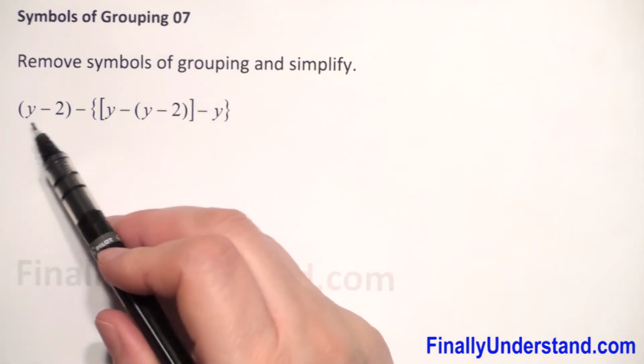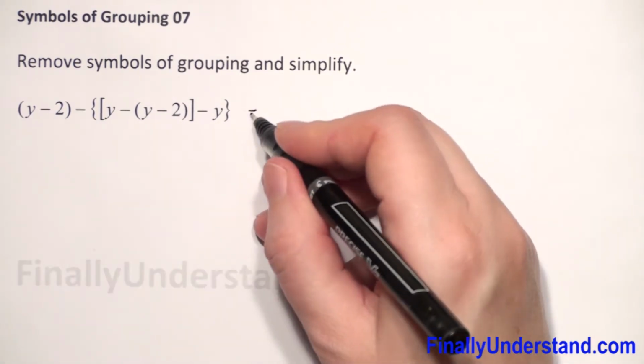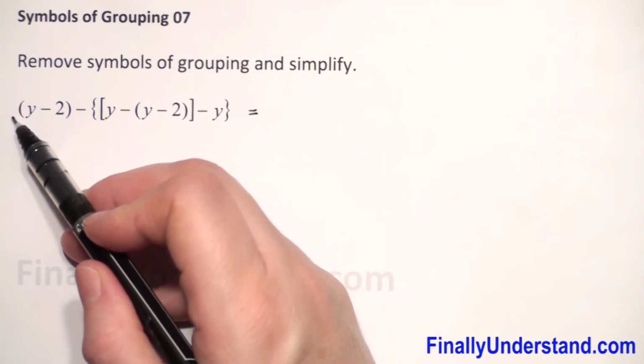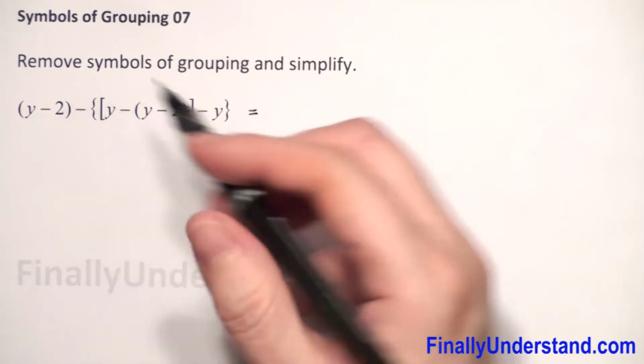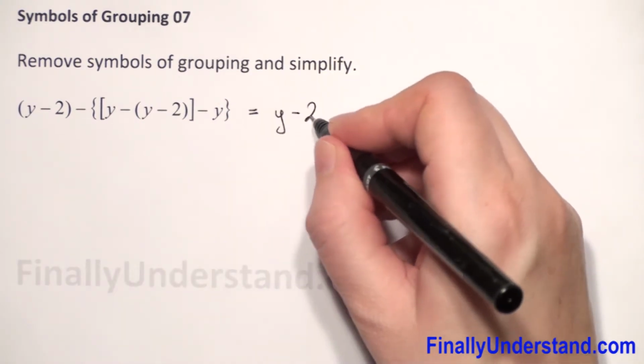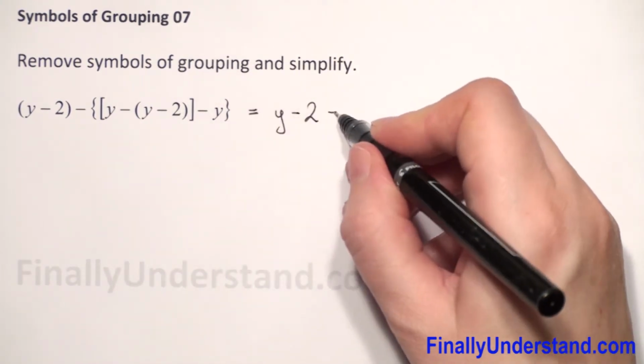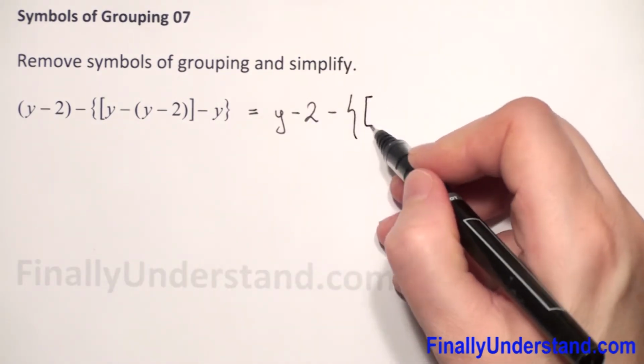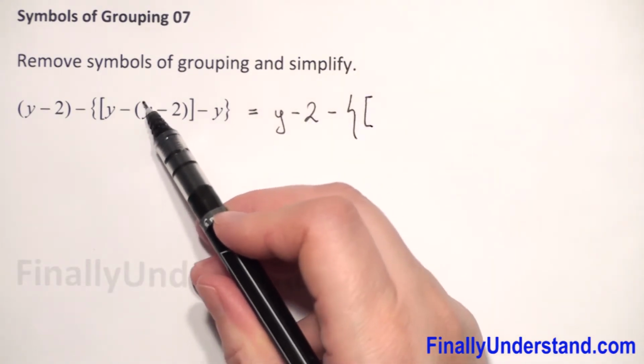We have y minus 2, different terms, so we can only rewrite them. Before parentheses we don't have any sign, it means it's positive. So when we have a positive sign, we just copy whatever we have inside parentheses. Next we have a negative sign before braces, so we copy this, open brackets, and again we have to check first